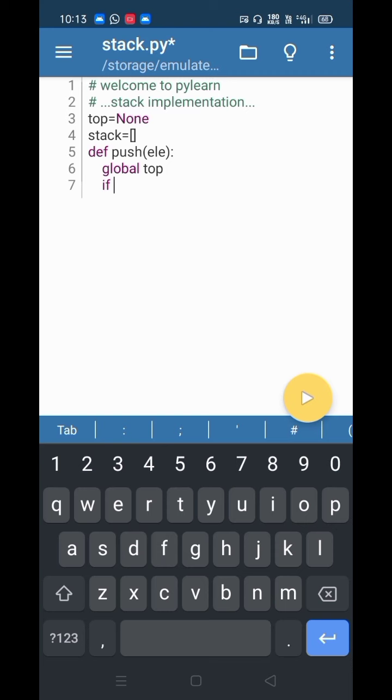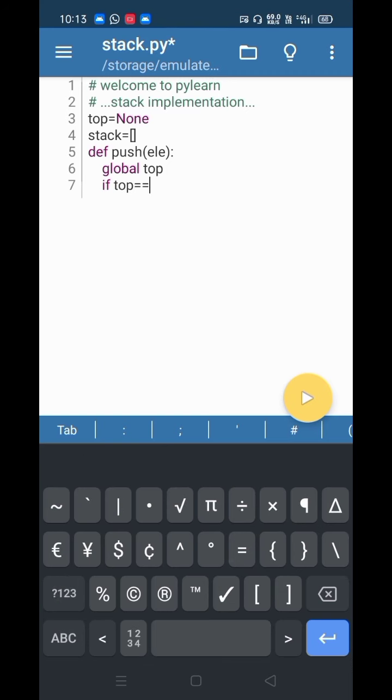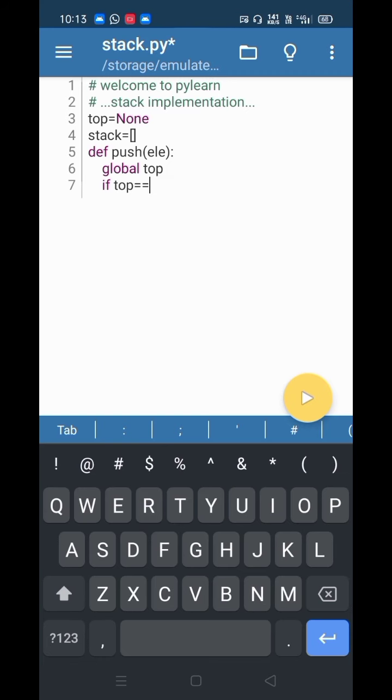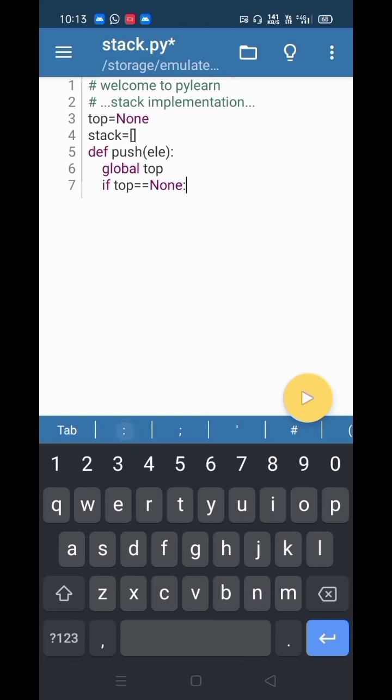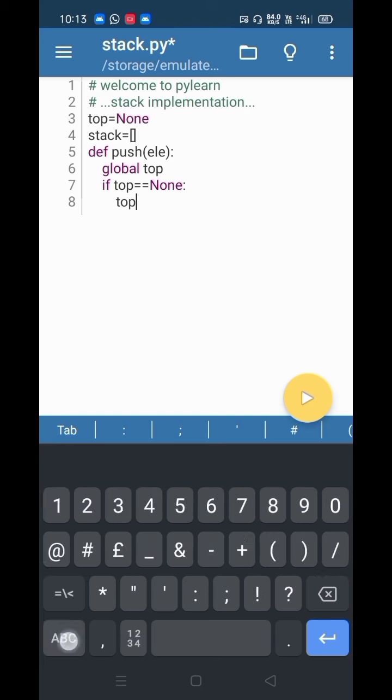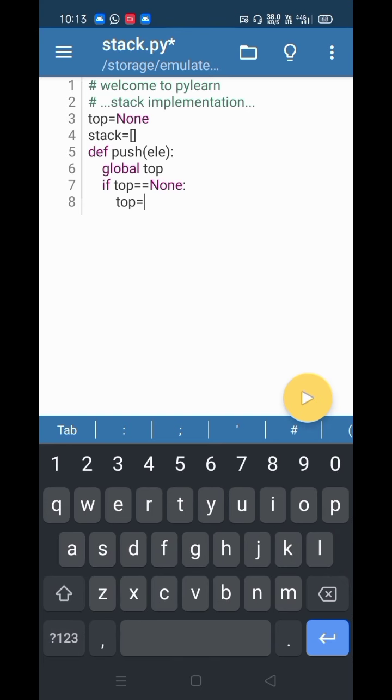Now if top is None, we have to change it to 0 and then add an element. Top equals 0, and stack.append of element LE, and else, if there is an element, we can just simply increment the top.